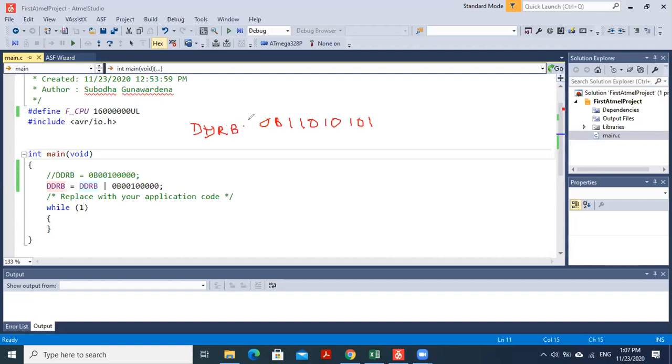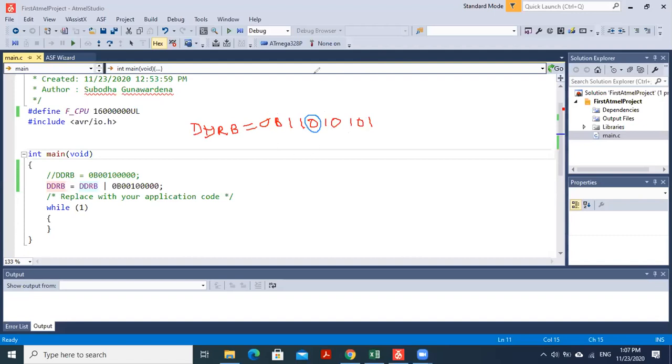Now I want to change this particular bit to 1, not the rest, right?